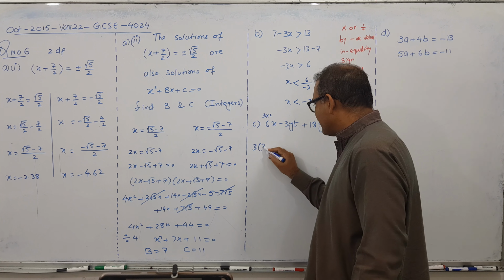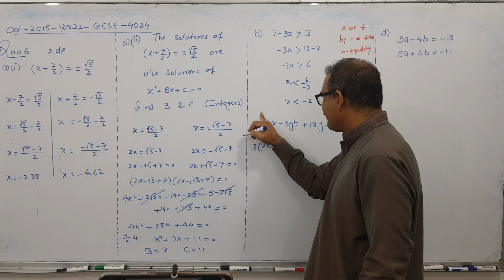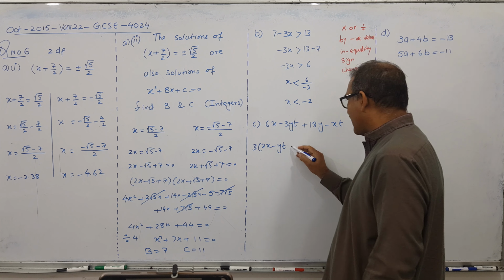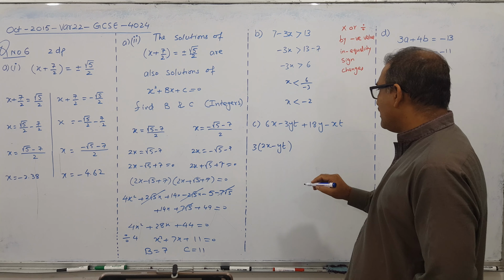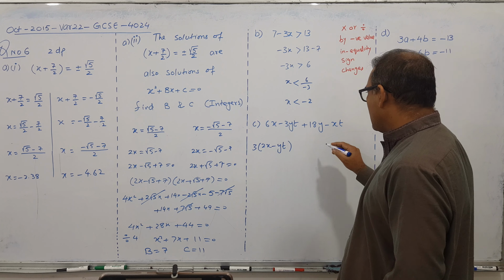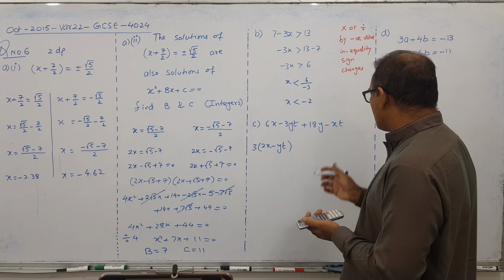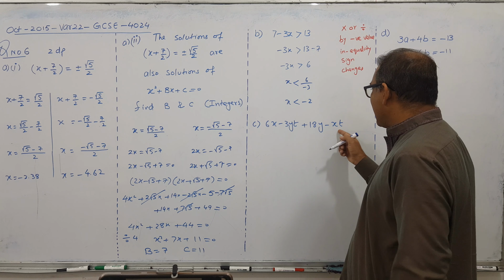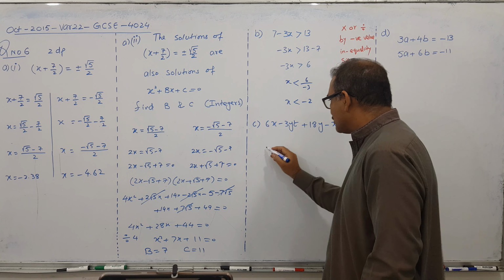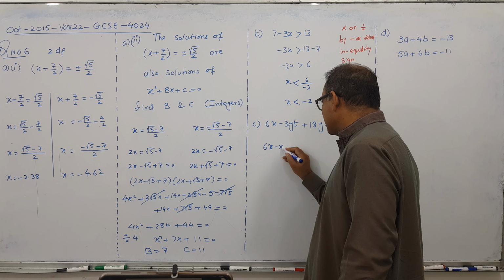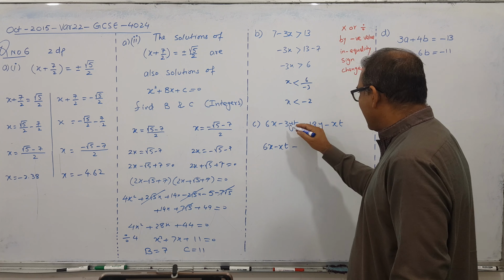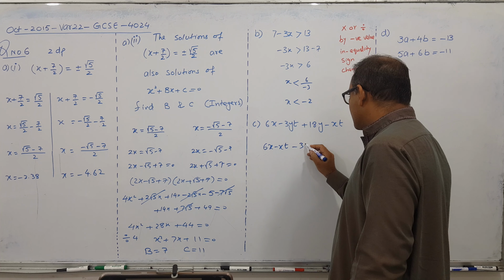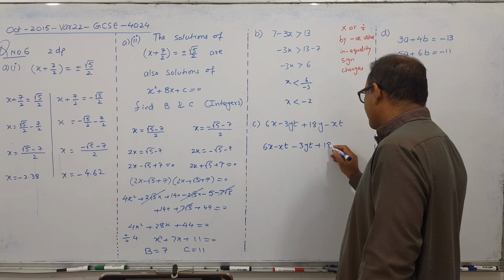So what left? 2 left and x left. Okay, and from here 3 gone, only yt left. Okay, and from here I think... well, let me see. I think it is not working. We have to shuffle. So it's not working. We have one choice: bring x term and x term together. So 6x minus xt, and I can write it. Here this value first, minus 3yt and plus 18y.